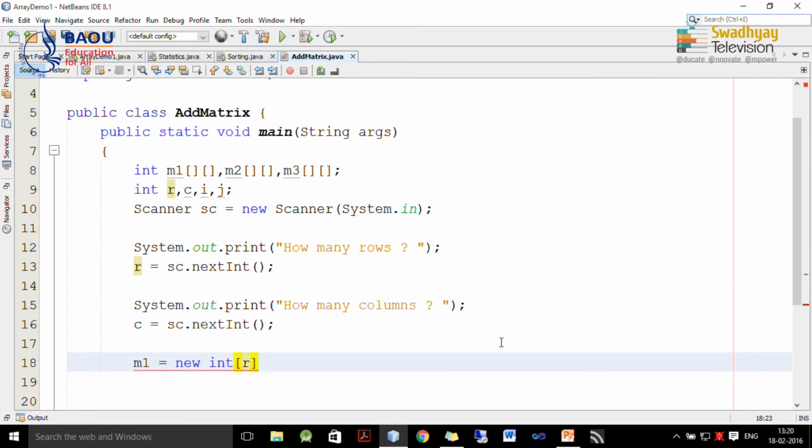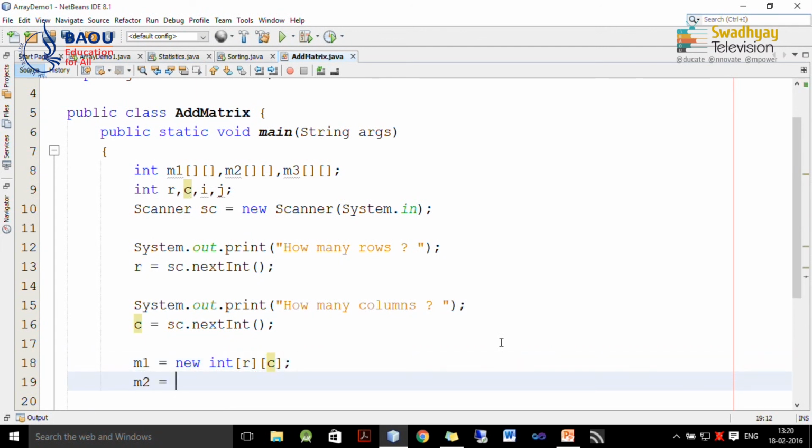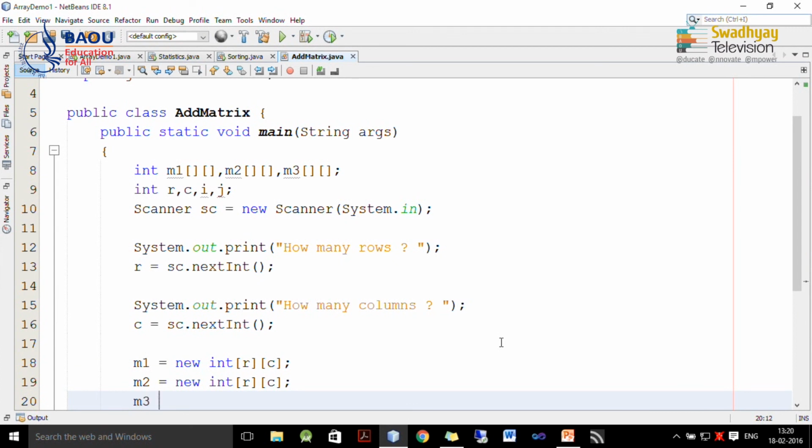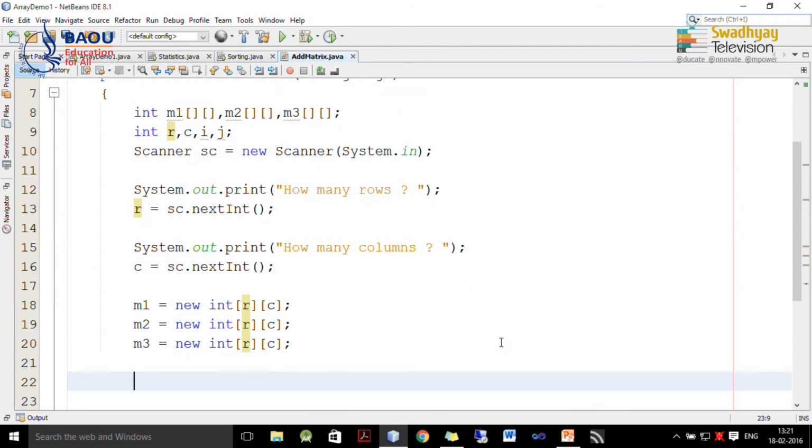So, first represents R, number of rows, and second represents number of columns. Similarly, we use same size for other matrices, because for adding 2 matrices we should have same size of each matrix. So, here we allocate memory for 3 matrices which are M1, M2 and M3.